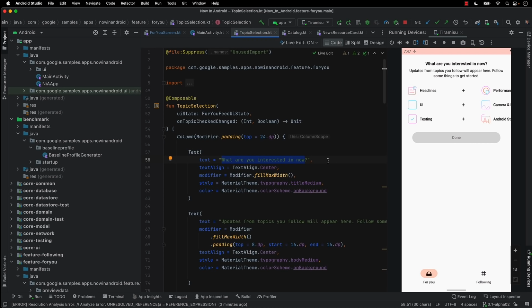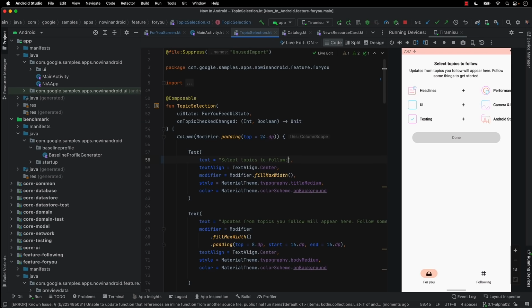When we shipped the initial Compose support, we included a feature which lets you update your strings and numbers immediately without a recompile to help you quickly make minor tweaks to the app. Many users are not aware that this doesn't just work for the preview, it works for running apps on devices and emulators as well. So here I am running the app in the emulator, and now I can start editing some of the text. So if you look at the label up here, what you're interested in, I can write select topics to follow. And notice that the running app is updating nearly instantaneously.